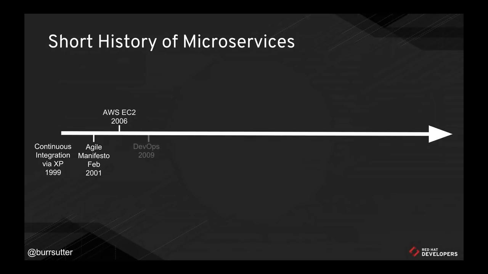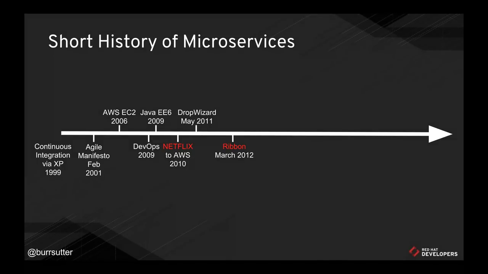So we also had the cloud invented in 2006. We had this DevOps concept coined in 2009. Java EE 6, by the way, came out in 2009. I put that out there because that was when Java EE really came into the foreground when it came to building new modern workloads. But Netflix specifically moved to AWS in 2010. They moved from on-premise data centers to a cloud-hosted architecture, and they wanted to achieve DevOps. They wanted to achieve velocity for their teams, and they started thinking in terms of how to break out their monolithic application into microservices. Dropwizard also came out in May 2011, and now Netflix starts to open source their microservices